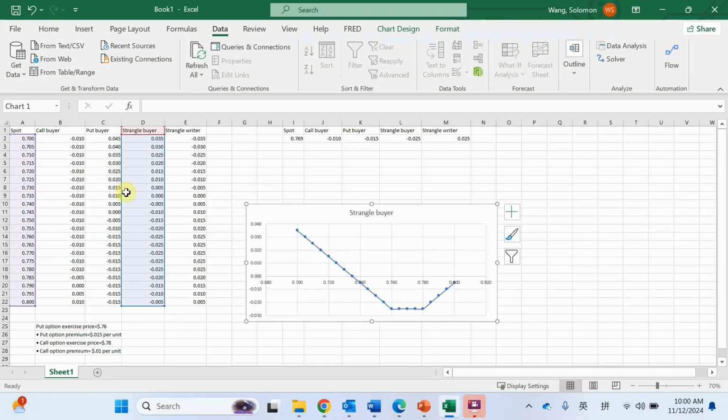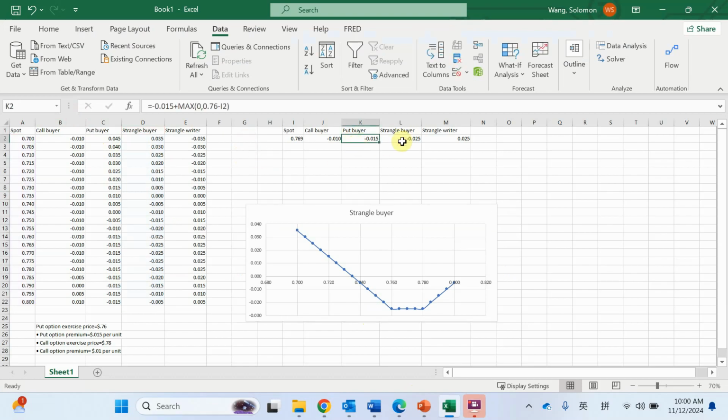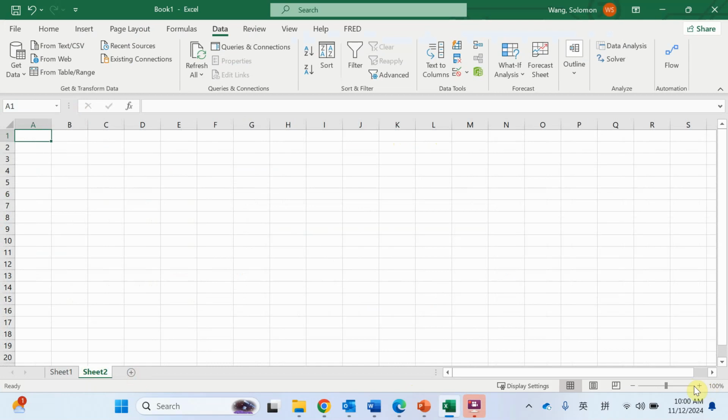So this is what you can do. There are several ways to solve for it, and I don't care which way you're going to use for your final exam, as long as you can solve for the maximum loss and the maximum gains for either the buyer or the writer. So let me just open up a brand new spreadsheet, and you can tell that I need to put a spot rate here, and then I will get the profit for call buyer